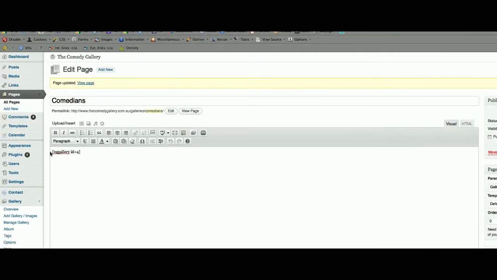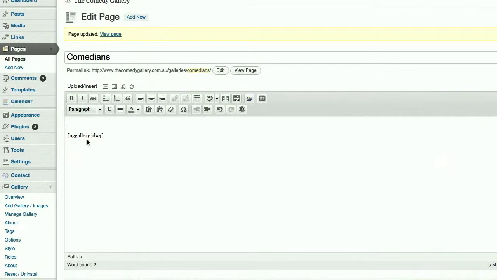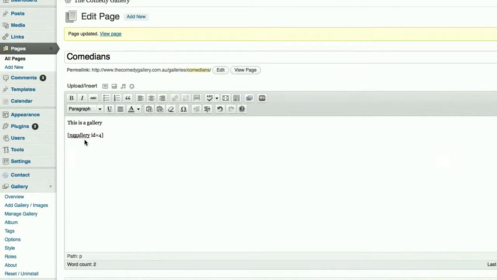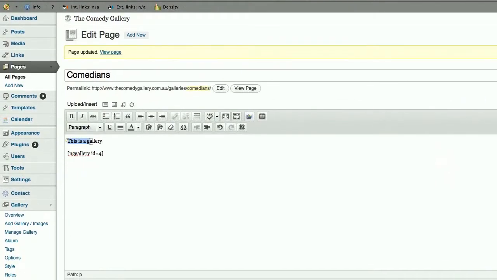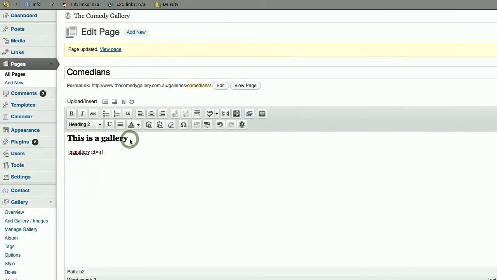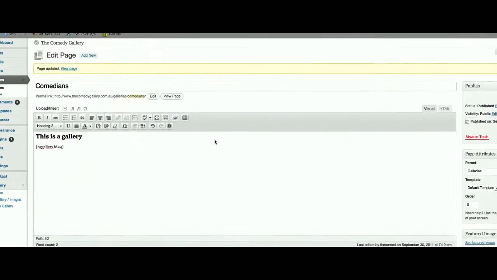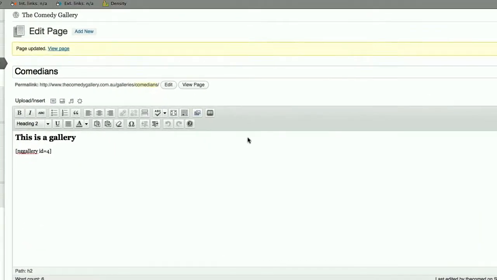Once you've updated it, you just go back to visual. Everything's normal now. You can just click in here and add your paragraph if you want a paragraph above it. You can easily say something like, this is the gallery, and obviously it's a paragraph at the moment. You can highlight that and turn that into maybe a heading 2. When you're ready, you just update it